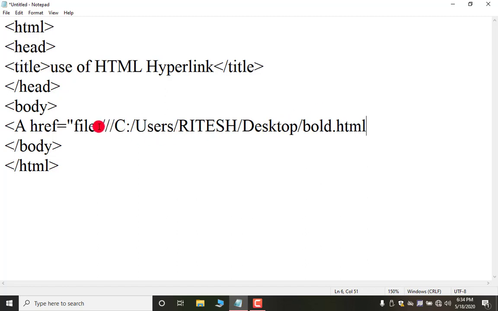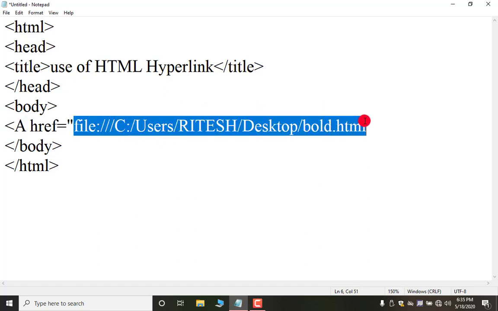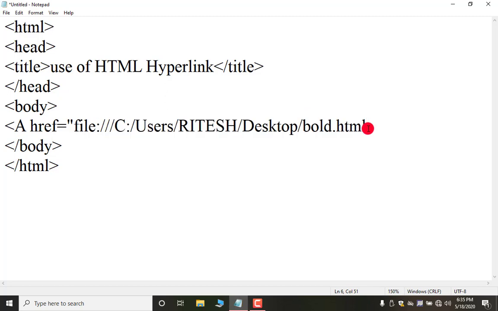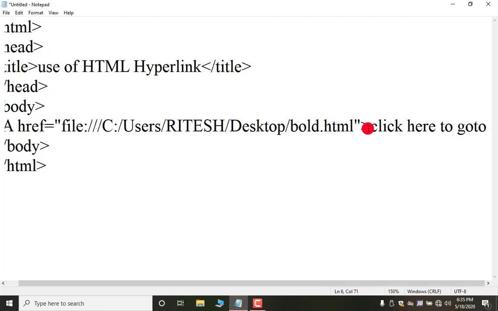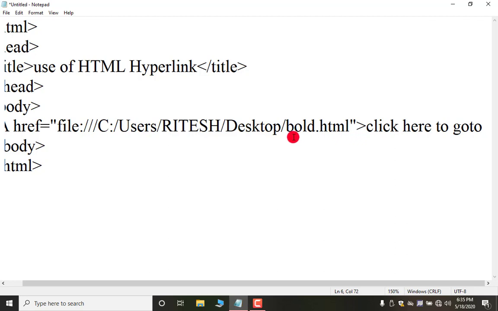This is the address of that file that I want to create a hyperlink for. Now double quotes close and this angular bracket close. Now after this, you have to write the text that you want to display on the page to create the link. You can write anything of your choice. I am writing, click here to go to, what is the name of that document?